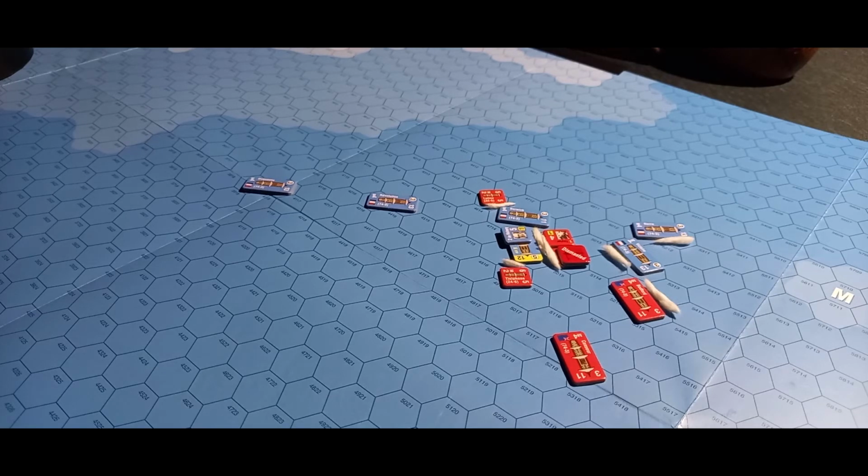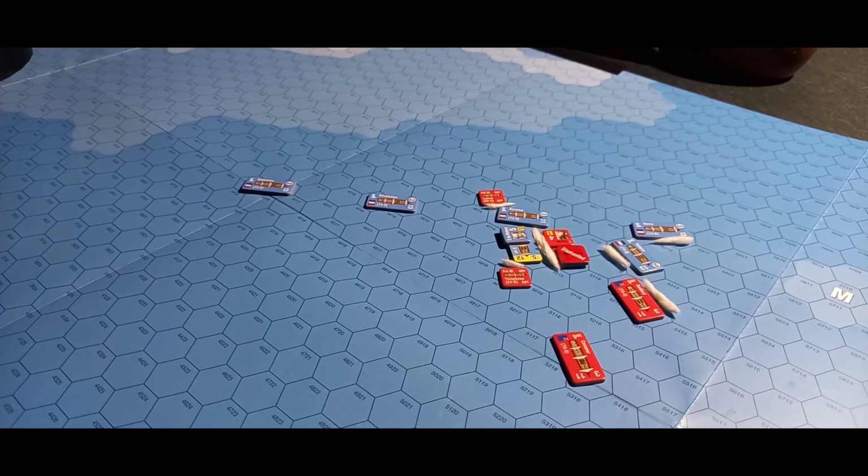And it's not a good thing. Wow, if the flagship would surrender now, we would call it a day. I mean, if you think about it, all the other ships see Taylor striking the colors, they would just run away. I mean, we can play down to turn 10 and see how much damage we can still do, but